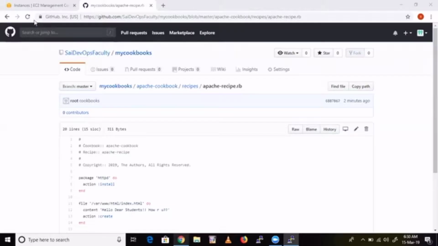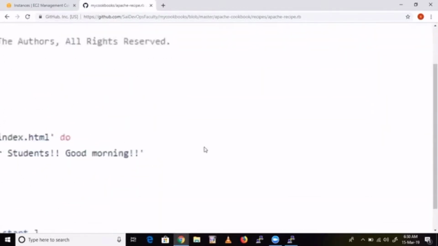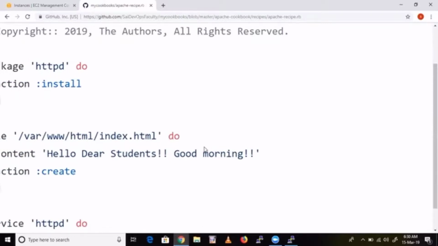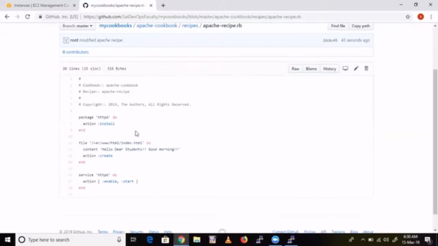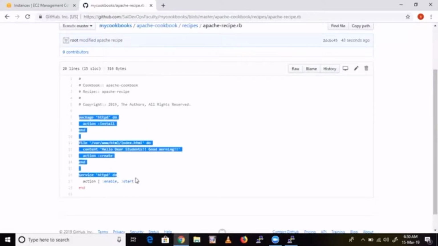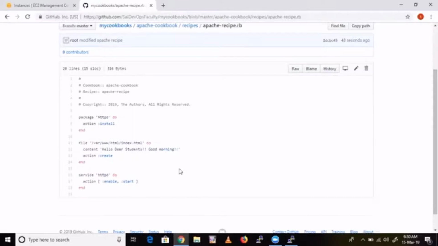Now hit refresh. See here, Good morning is there. That's why someone can do some modification. They can push here. That means everything is code, right? Okay. So it's testable. Testable in the sense, testing means we are verifying this code. If this code is good, then the resource also will be good. Repeatable means, so I am using this one, and someone can pull this code from my GitHub. Suppose you can pull, you can use it for yourself, right? The same code we are repeating, right?